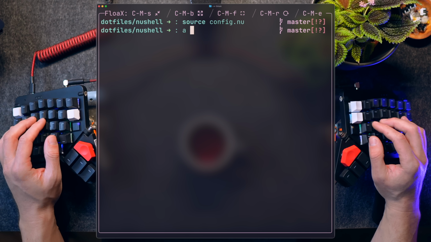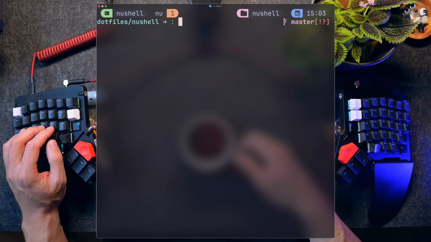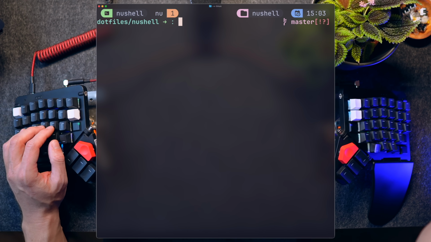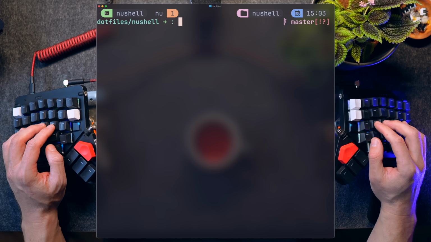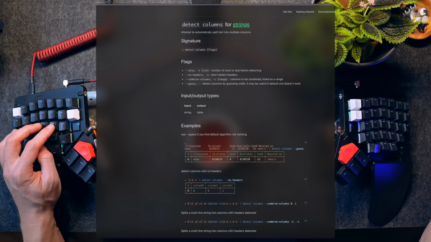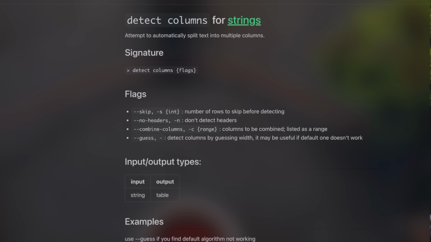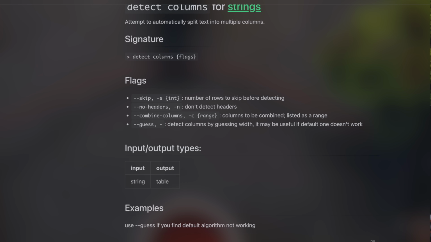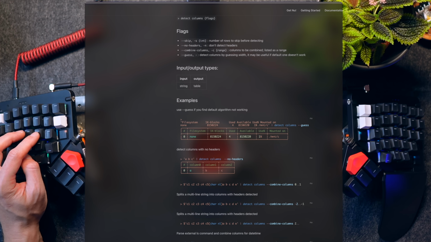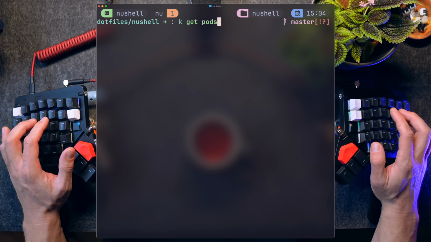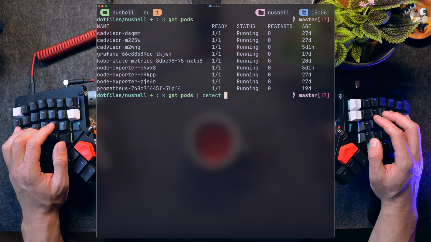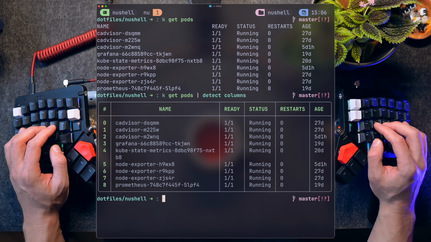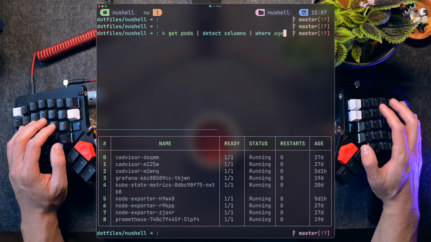Now here's something I took time to figure out. Nushell is very easy with JSON and YAML, but it can also detect columns for you. For someone who works with Kubernetes and kubectl a lot, this is super nice to have, and even though I can extract data in many other ways, other APIs are less friendly, making this feature sometimes a lifesaver. Let's see it in action. I'll get pods from the cluster, which are returned as a table with columns. Piping it to detect columns works flawlessly. I now have a new recognized table that I can play with.